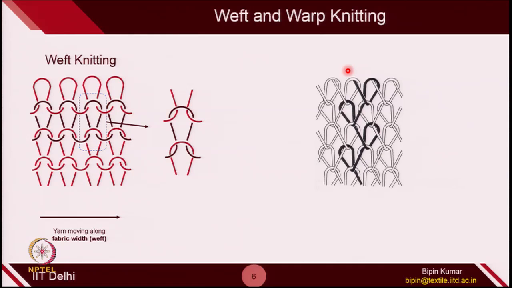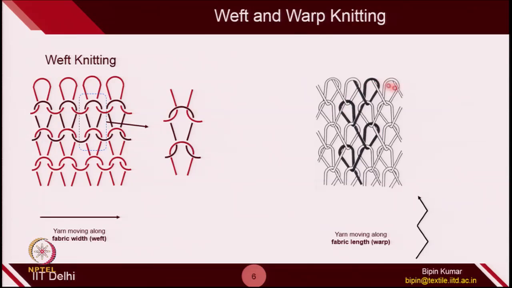So, ideally speaking, the movement of yarn is zigzag, or you can say it is along the fabric length direction, and in woven fabric it is the warp yarn which follows the fabric length direction. This is why this type of fabric structure is called a warp knitted structure, and the process of making this structure is called warp knitting. Okay.